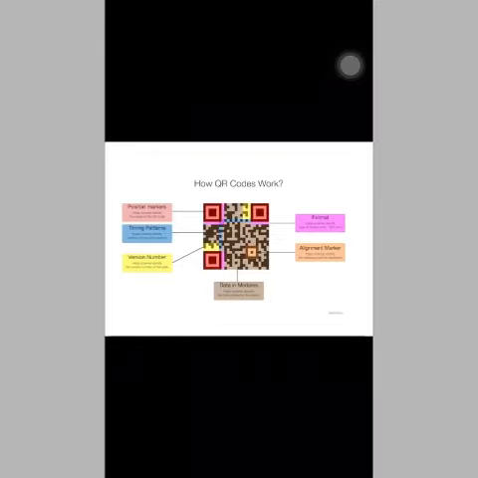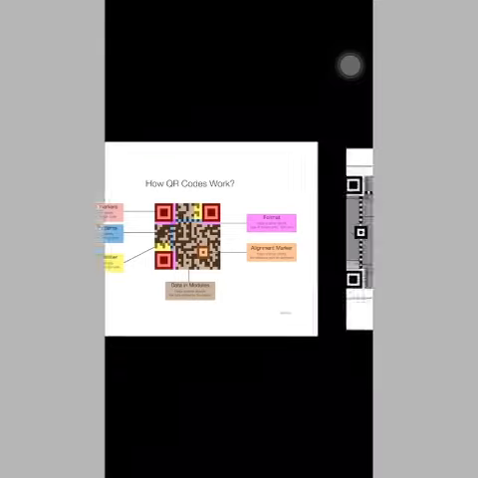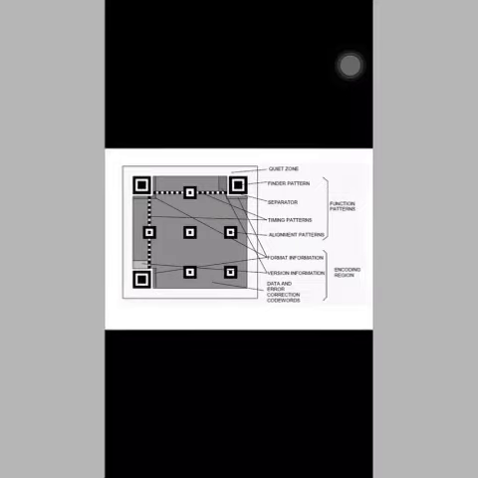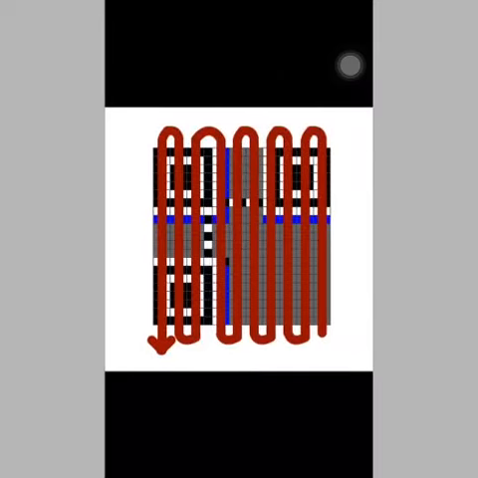A module is the fundamental unit of a QR code. They are the black and white blocks that make up the data encoded in a QR code. Modules store data and make up the rows and columns of the QR code. Positioning of the data bits begins from the bottom right corner of the matrix. It moves upward in a two module wide column and switches direction on reaching the top.